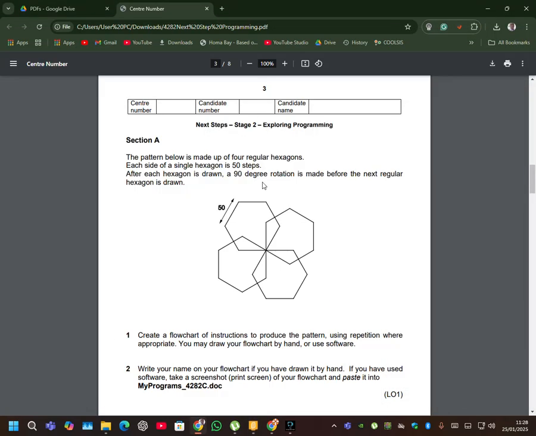Behind me here I have section A. There is a task that we want to do whereby looping and motion will be required. The pattern below is made up of 4 regular hexagons. Each side of a single hexagon is 50 steps. After each hexagon is drawn, a 90-degree rotation is made before the next regular hexagon is drawn. We can prepare a flowchart, which I'll prepare in the next video. The flowchart will give you the direction step by step so that you can achieve this